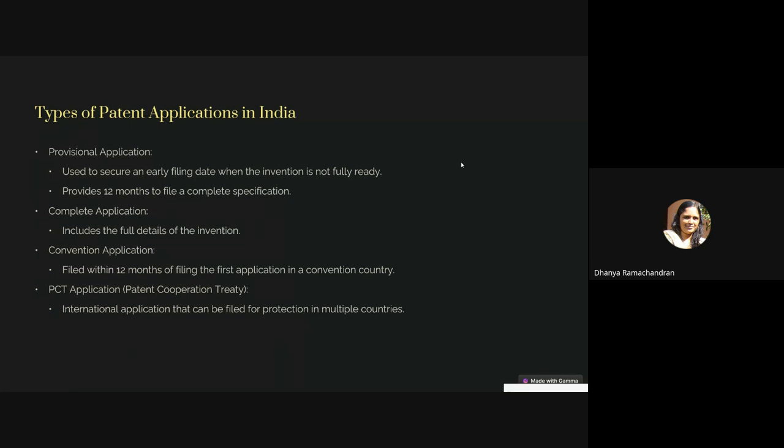So if you can find something similar or the same invention, then you have to do a search, because most of you must know that the patenting process is a slightly expensive affair, and it also consumes a lot of time. So before you spend all that time and money, you have to make sure that it's worth spending. So you can do a patentability search or due diligence, where you will be looking at similar inventions,